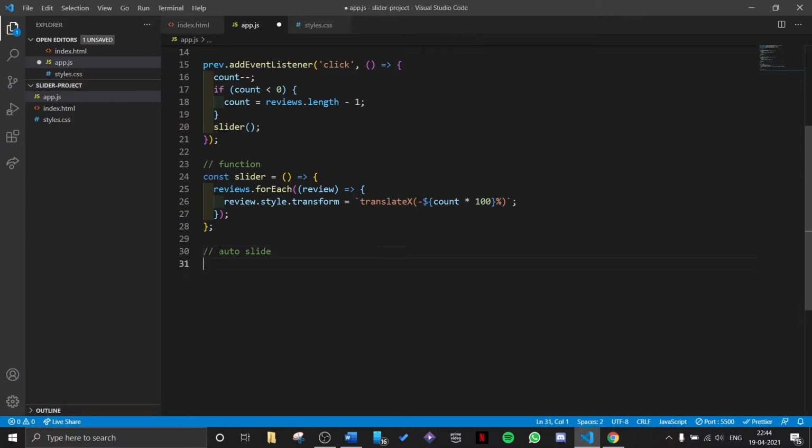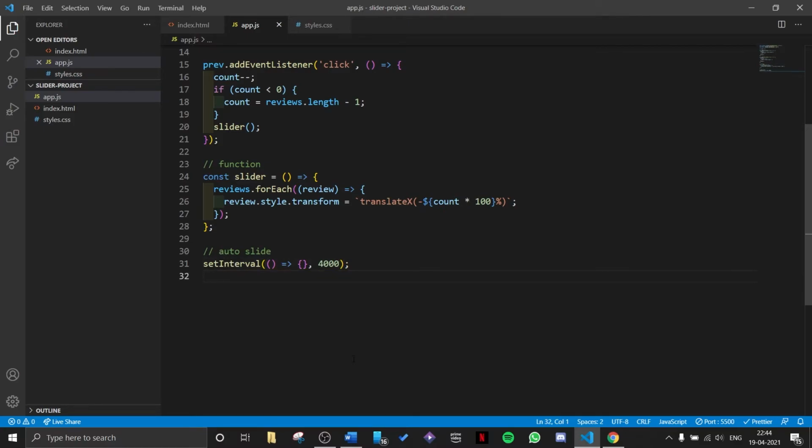And how will we do this? First I will select setInterval, and what setInterval takes is a callback function like this one, and the time, the interval after which the function needs to be repeated. So I will make this 4 seconds.